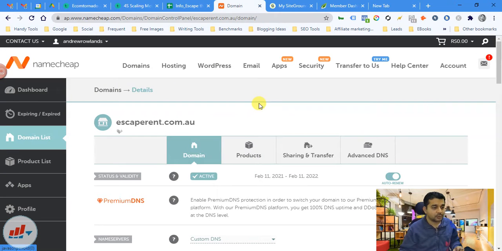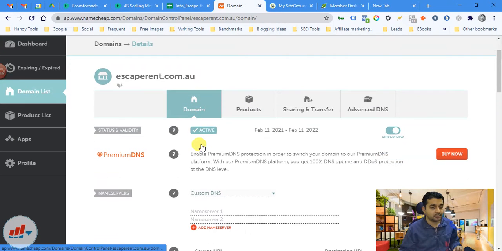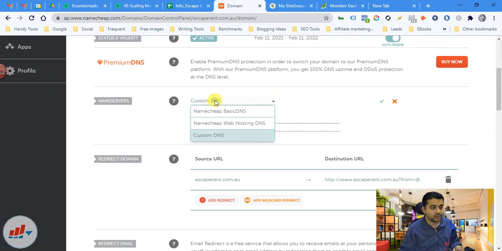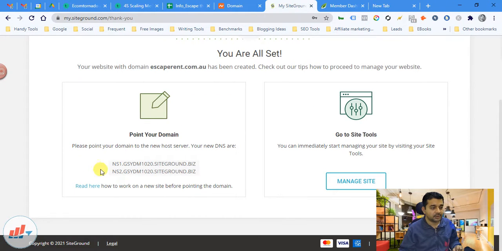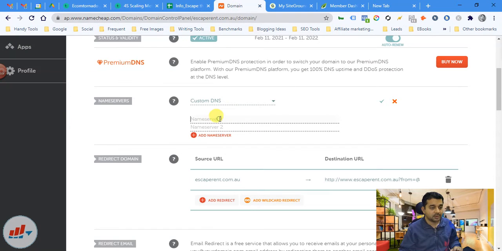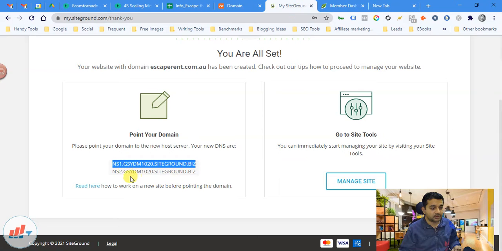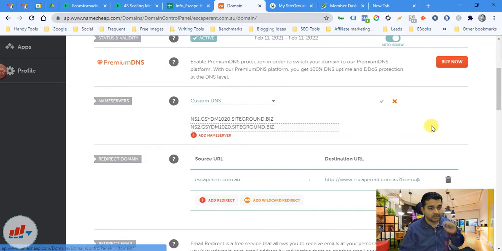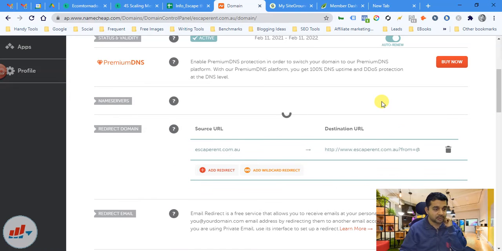Okay, it was in the basic domain settings only, and here there is an option for custom DNS. So now we'll select the custom DNS that SiteGround has given us, and we'll put these particular name servers here, copy and paste. Now click save.